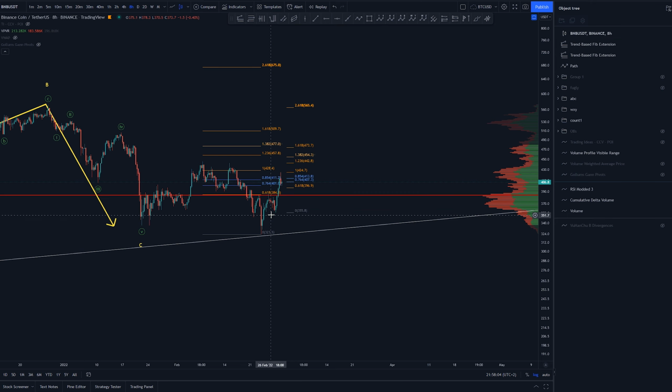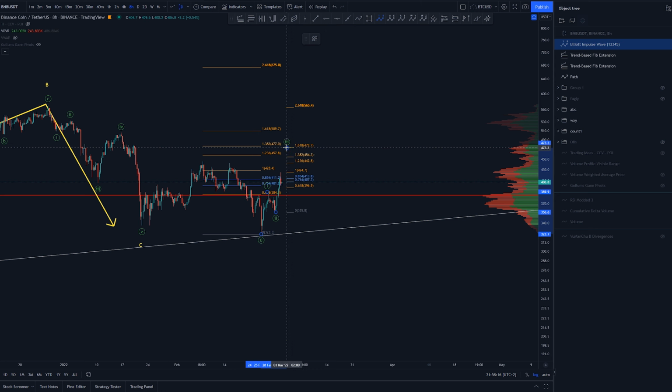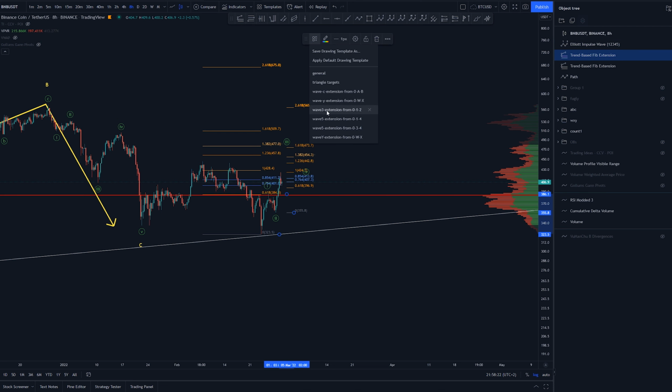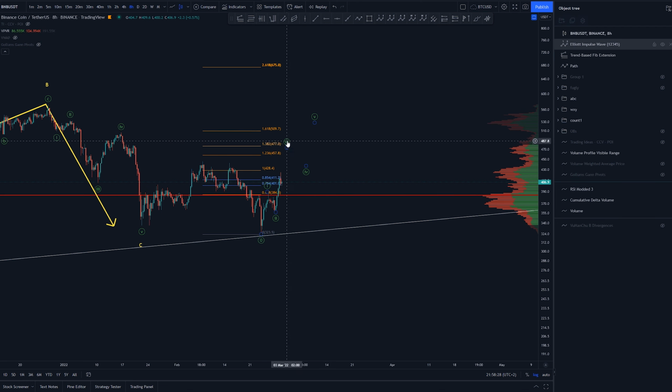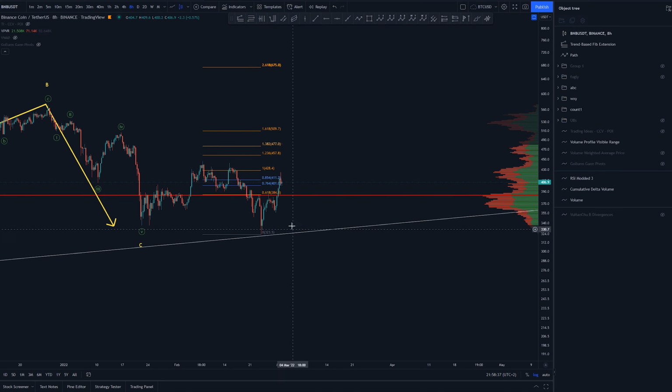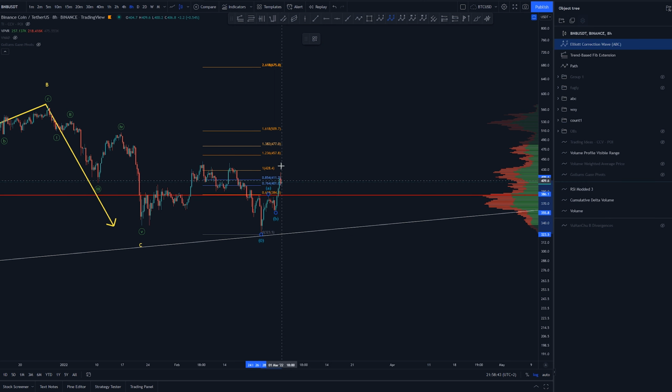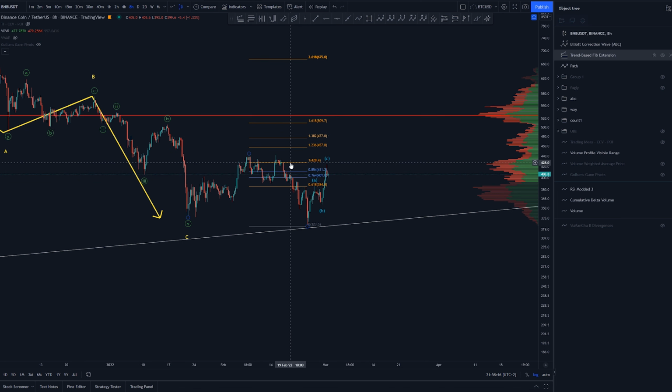Now, if we want this move to be 5 waves, we can expect this being 1, 2 and 3 coming up to 1.618 at least, and retrace and up to around here. Now if this move ends up being a WXY, then we're not looking for again 5 waves but 3 waves, and it would be just something like this. And as this is already hitting the 1-to-1,